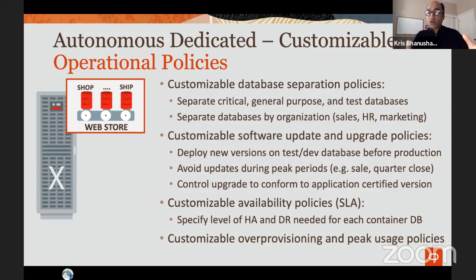And so they have control of all these things, very similar to how you would do it on-prem, which is important, I guess, to have a good cost and performance control of your database environment. If it is free for all land, then before you know it, you would find that there'd be thousands of databases in your organization that you have no control of, and it can be absolutely chaotic.